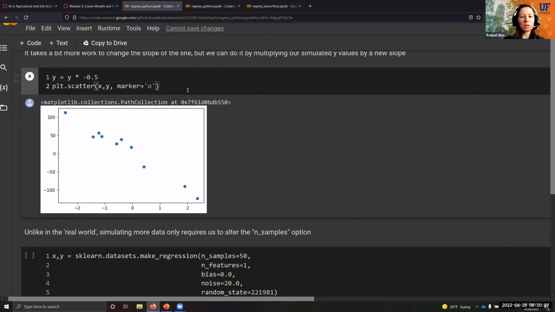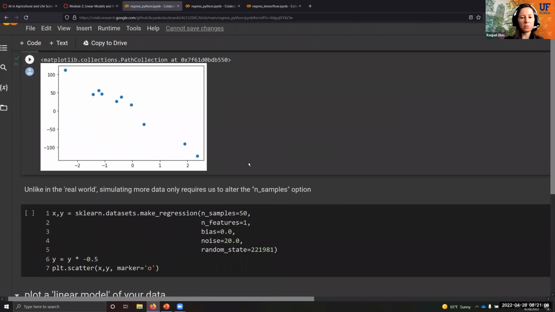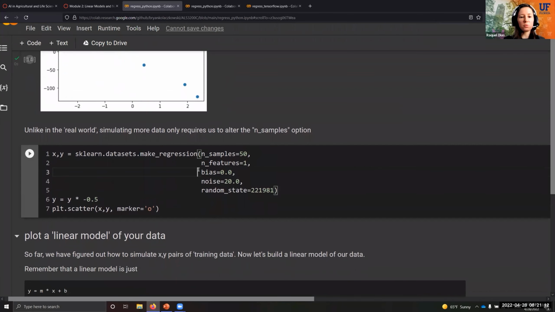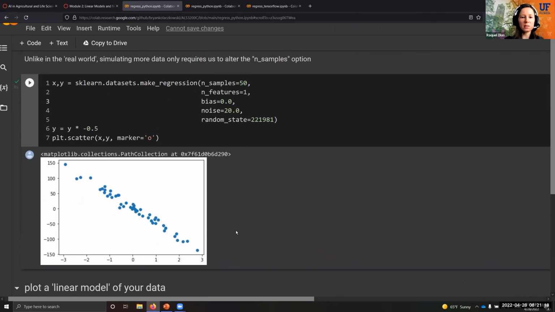So when you start to draft your AI model and you don't want to waste time dealing with importing your data and pre-processing your data, you can try to simulate a data set first, just to do the exercises, just to learn how to implement your AI model. And then when you feel safe enough, or you feel that you learned enough with the simulated data, then you can take that model, use your data to train the model, and then start to adapt and tweak your model to fit your data instead of using the simulated data. So it's pretty useful to know how to make some simulated data sets to start doing your exercises implementing the